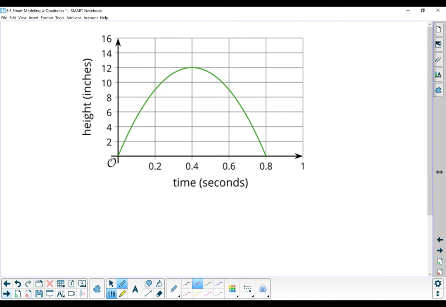And here's a graph of the frog's jump. So you can see that we were correct. The highest point in the frog's jump occurred at 0.4 seconds. Okay,